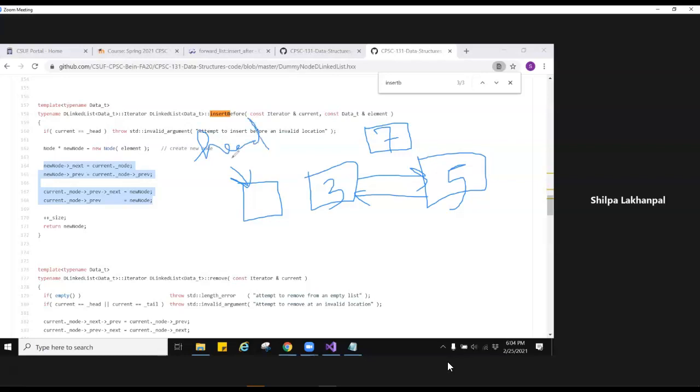Incidentally, in the pictures, I always draw an additional box for the head pointer, but when you are actually drawing, you're okay if you don't draw that extra box for the head. And also no need for having a bar over here for the next and a bar over here for the previous. You can just indicate it by the pointers like this. So you have this one here, and then you have another, this is the tail, so these are the dummies.